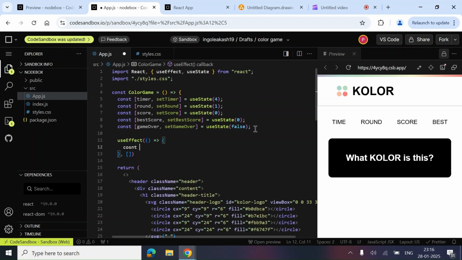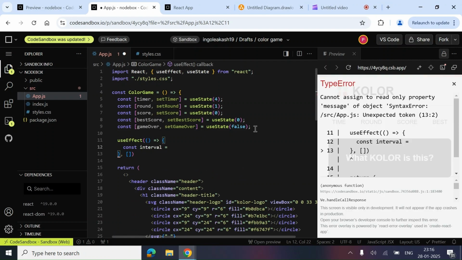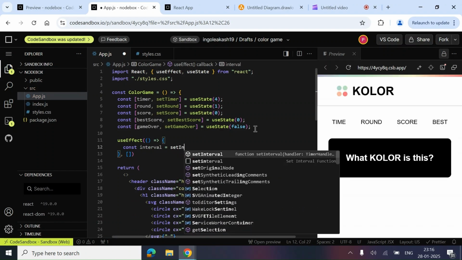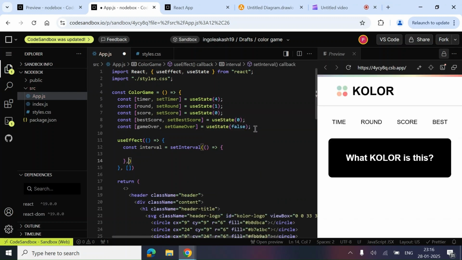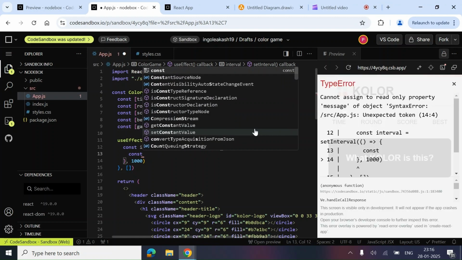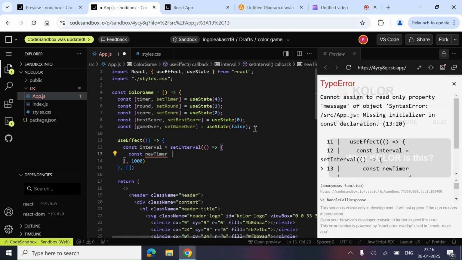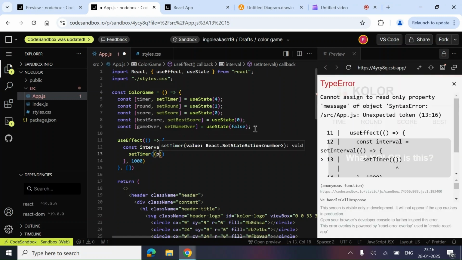So what I'm going to do is I'm simply going to create the interval, const interval, and we are going to make use of setInterval over here. After every 1 second, what we can do is, sorry, we have to do setTimer, and inside this timer we are going to get access to the previous timer,